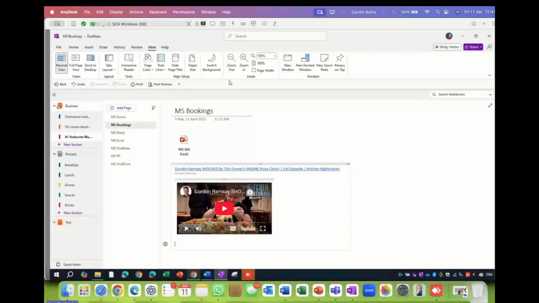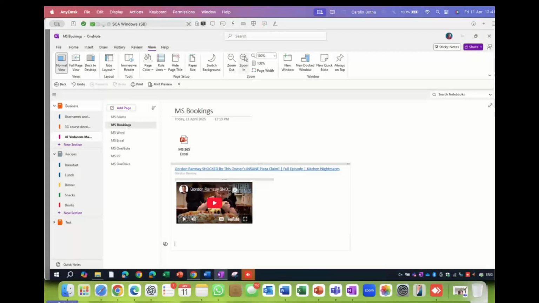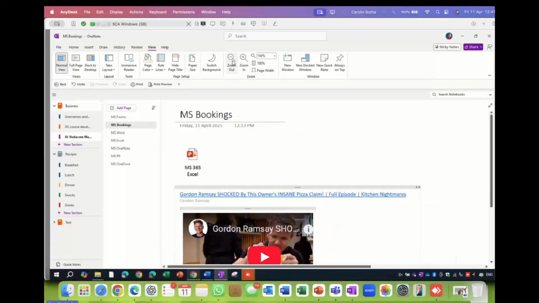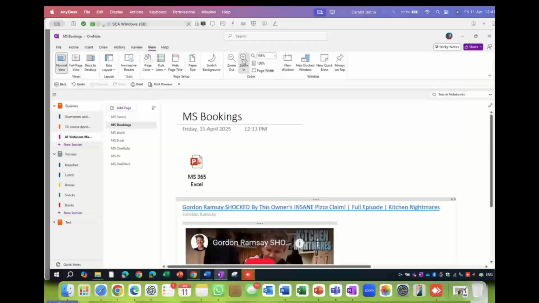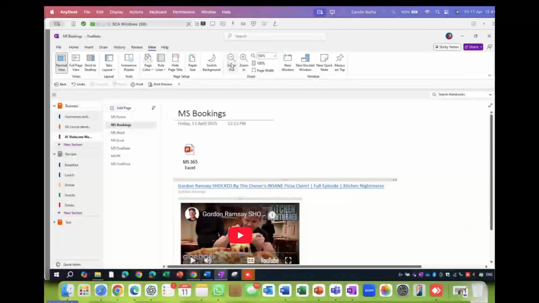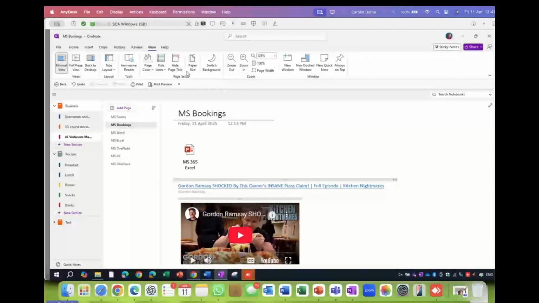Different ways in which you can view. You can zoom in, which is a good idea because this is way too small for me, and I'm pretty sure you can't see either. You can switch to a dark background. I don't want to do that now because it takes a while and it might even close Microsoft OneNote.